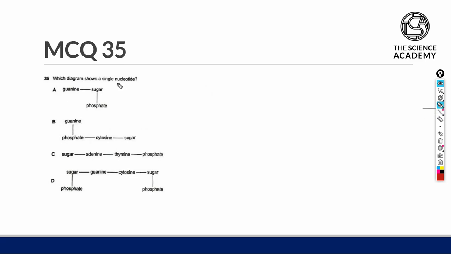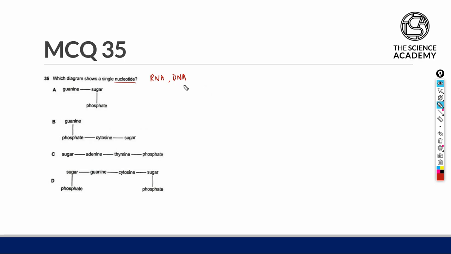Question 35. Which diagram shows a single nucleotide? A nucleotide is a building block or a monomer of RNA or DNA. RNA and DNA's nucleotide differs in terms of the sugar content, whether or not there is an oxygen atom in